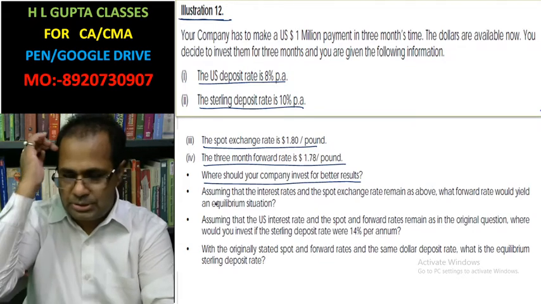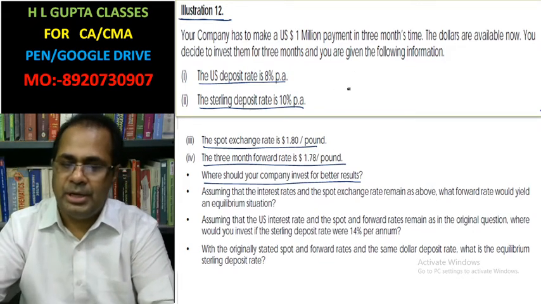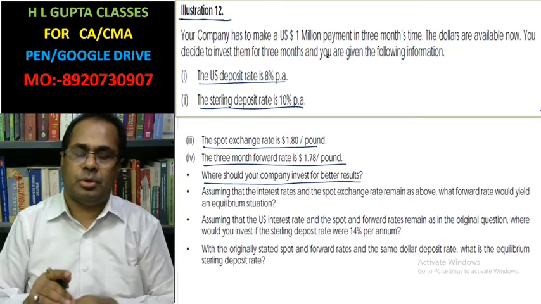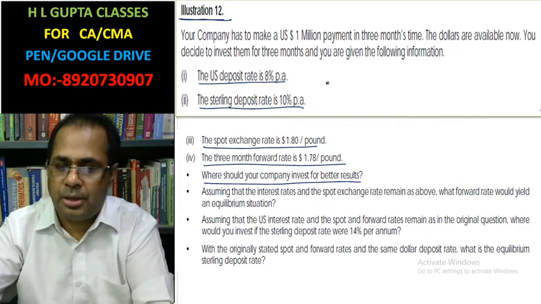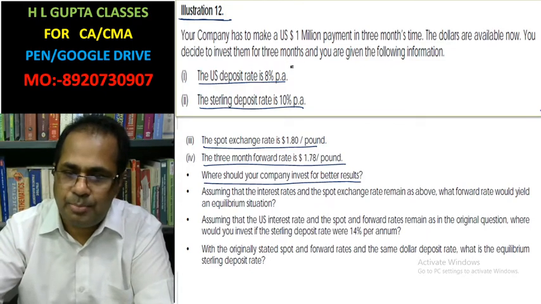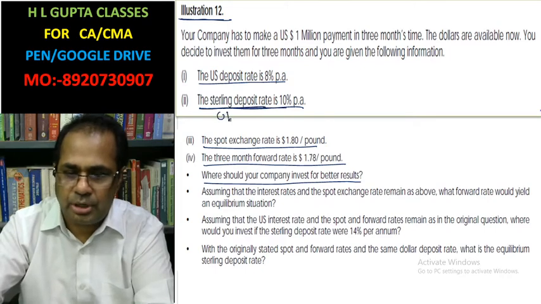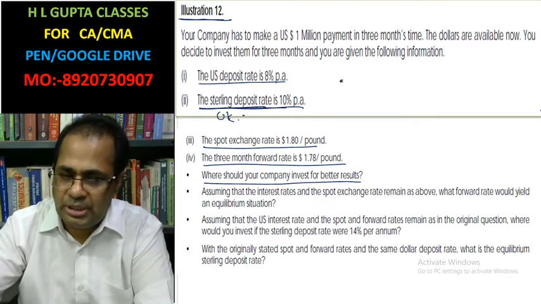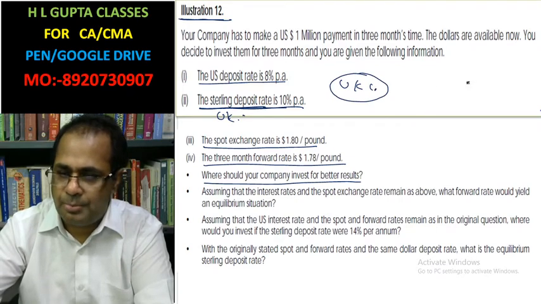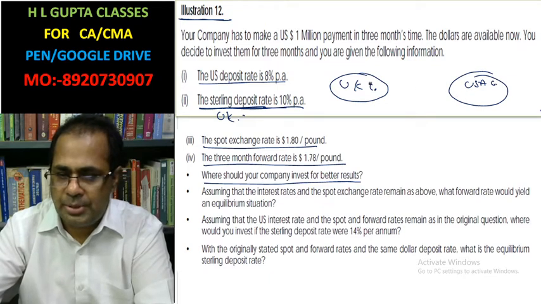And these are the questions. Please try to understand. The information is not given as to which country the company belongs to, but because a sterling pound deposit rate is given here, that is the UK company. So suppose here there is a UK company and the other is a USA company. There are two companies. Okay, this company has to pay